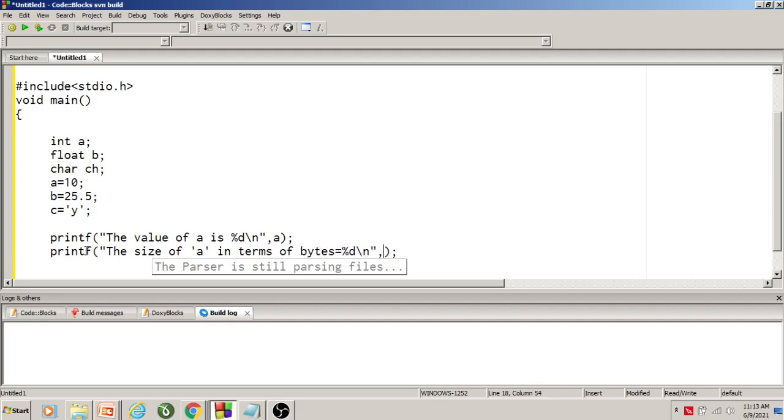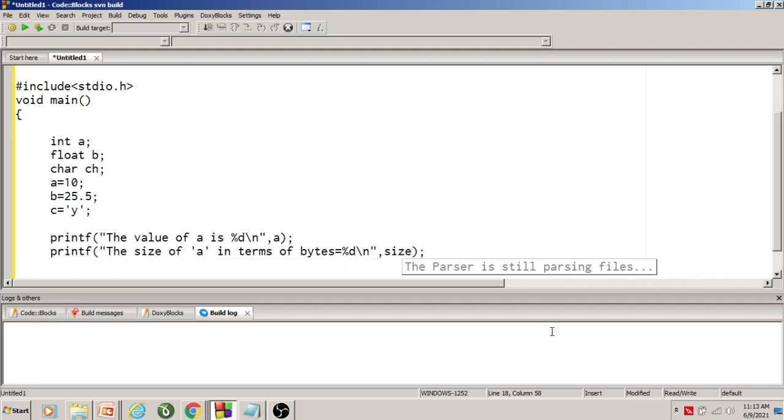So I write size of, within this parenthesis I pass variable a. So what is size of here? The size of is an operator which will retrieve the size of a.